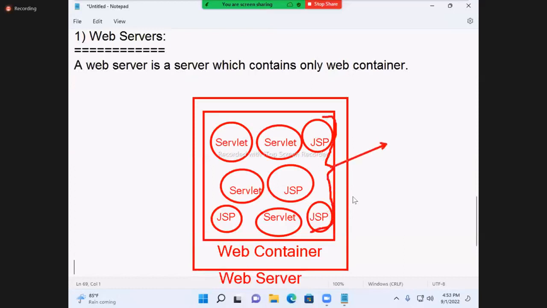These are called web components. So a web server contains only a web container. A web container contains web components. Web components are nothing but servlets and JSPs. This is the diagram.